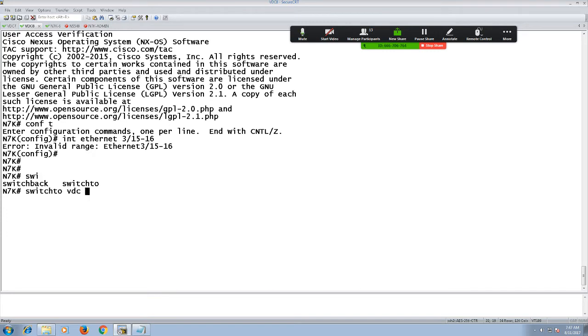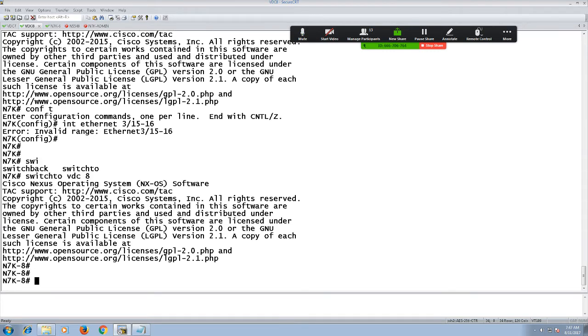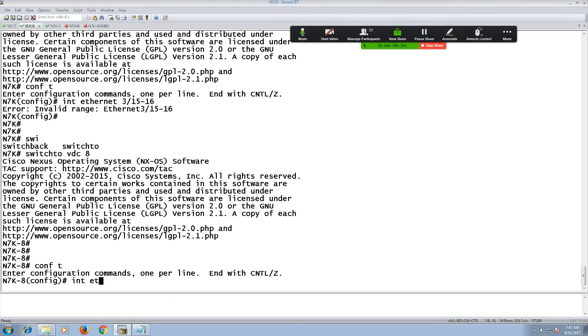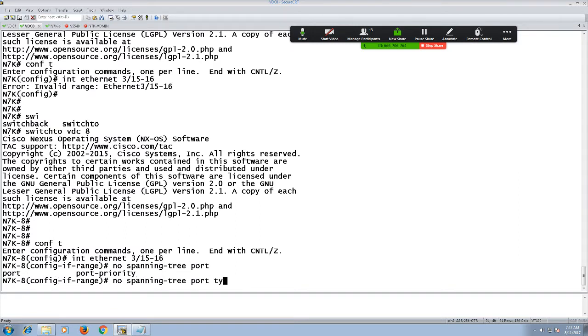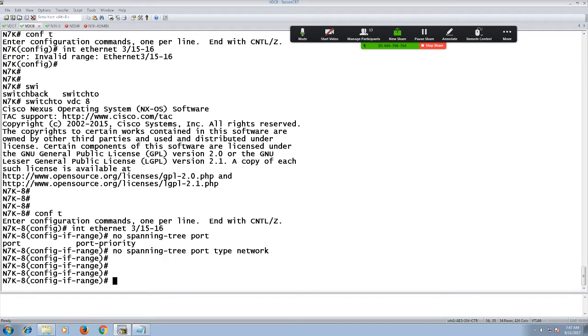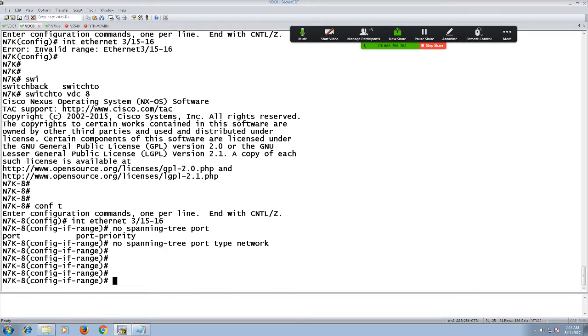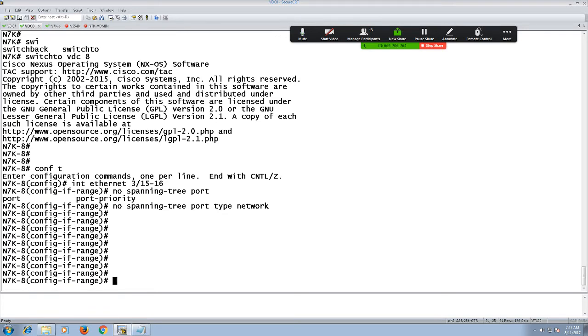Switch to VDC 8. Okay, interface Ethernet 3/15 to 16. I'll write no spanning-tree port type network, so that will go to normal. And obviously you should have port type network on both ends. It's not that you should have it on only one side. So that's very important.